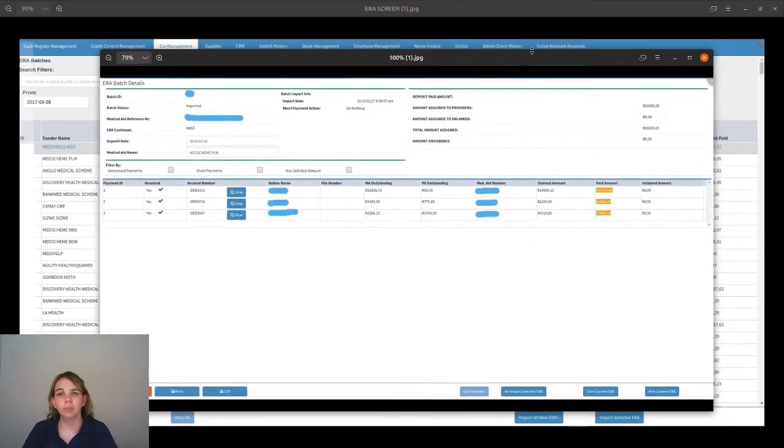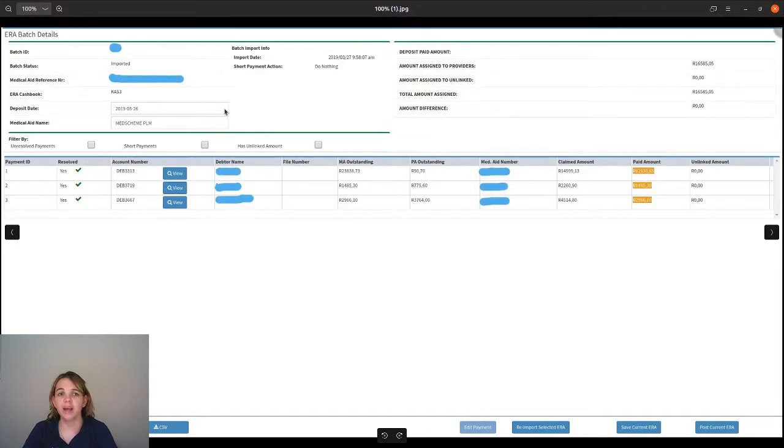Here is a response that is 100% post, 100% allocated. You can see here is the results. All of the ticks is 100%. From this you can view the account screen, you can print the ERA, and then you can re-import, you can check if everything is fine, and then you say post current ERA. Now this is a 100% one, then here is a 50% one